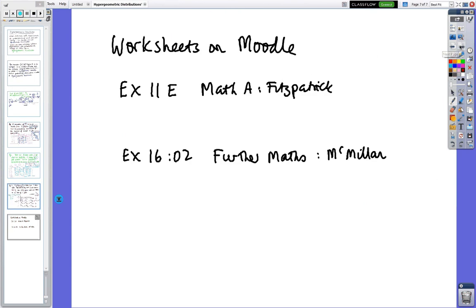So there's 2 worksheets I'll have on Moodle, and again, you don't have to do all of them. If you're going to restrict your time, I would do that one as my first choice. So I'll call this worksheet 1 when I save it, and I'll call this one worksheet 2, which you can